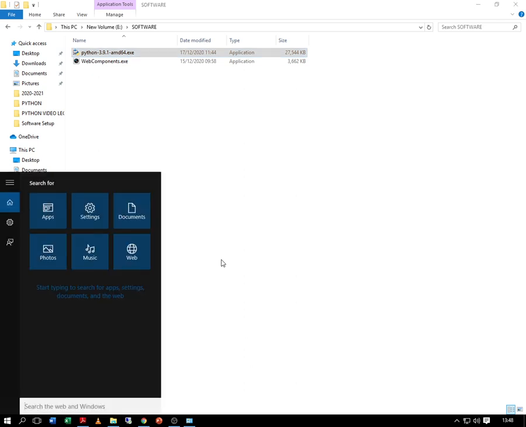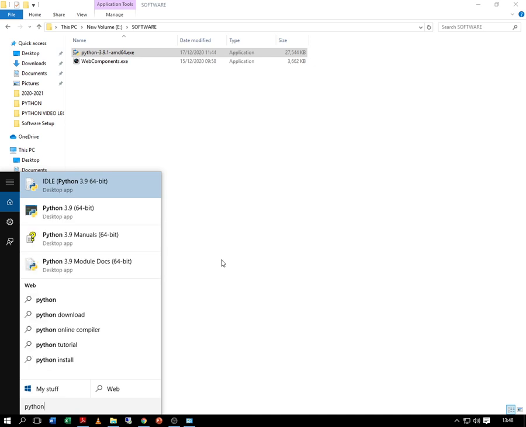For that, you need to go to the search window and type Python. As you can see, IDLE comes right on top. Once again I repeat the full form of IDLE, which I told you in the last session: Integrated Development and Learning Environment.